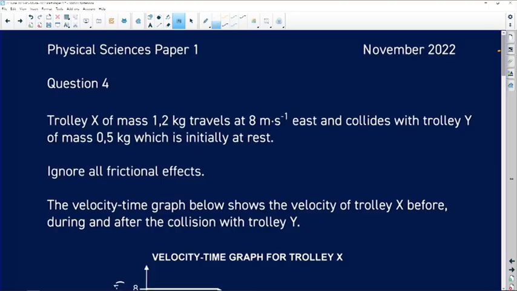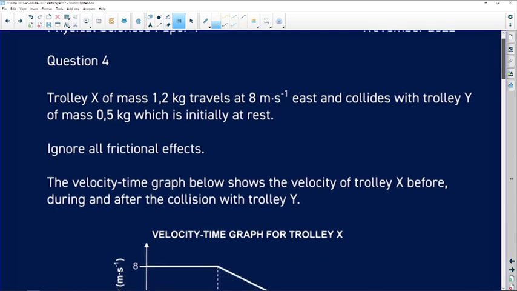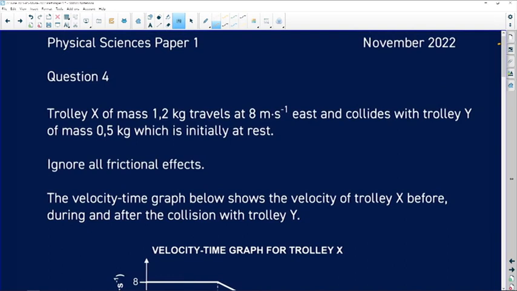Let us look at Physical Sciences, Paper 1, November 2022, Question 4. We are focusing on Question 4 here, which is momentum. Without any waste of time, let's tackle these questions here. Now, look at this. It says Question 4, trolley X,